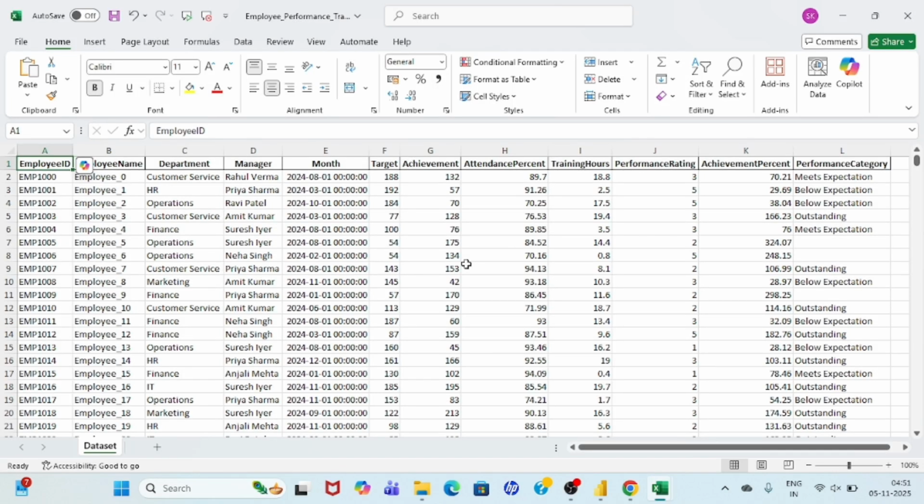Hi everyone. Today I'm going to build an employee performance overview dashboard in Power BI, and for that I have prepared the dataset. The columns are employee ID, employee name, department, manager, month, target, achievement, attendance percent, training hours, performance rating, achievement percent, and then we have performance category. These columns and this dataset will be used to build the employee performance overview dashboard in